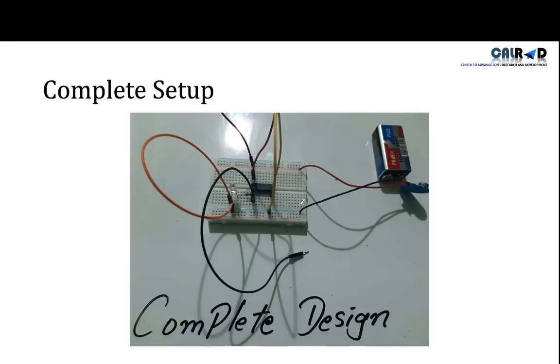So this is our complete design, where this is pin 7 for ground, pin 14 for the positive terminal, pin 1 for input, and pin 2 for output through the resistor and LED to the negative terminal. So this is the complete setup.